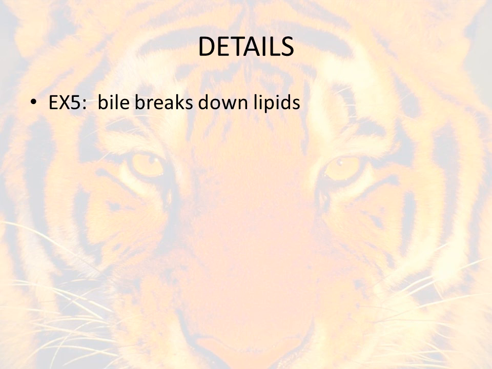Same thing for bile. You know, we might want details about this, but don't let this slow you down. What we basically know is something is breaking down into something else. We can leave it at that if we need to. So if we're breaking something down into something else, this something else has new properties. Whatever bile and lipids is, even if you don't know all those details, that's okay. We should understand that it's going to be two different things with two different properties. And as soon as we start thinking like that, two different things with two different properties, we immediately know that we have to be looking at a chemical change, because a chemical change is going to give you new properties